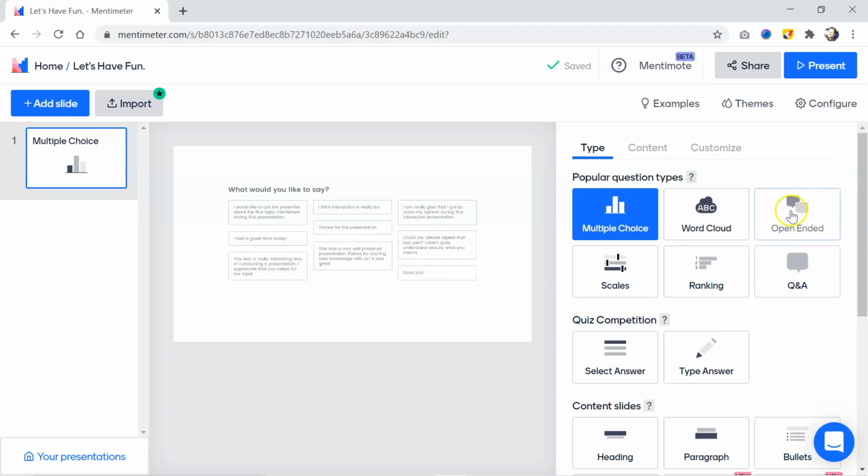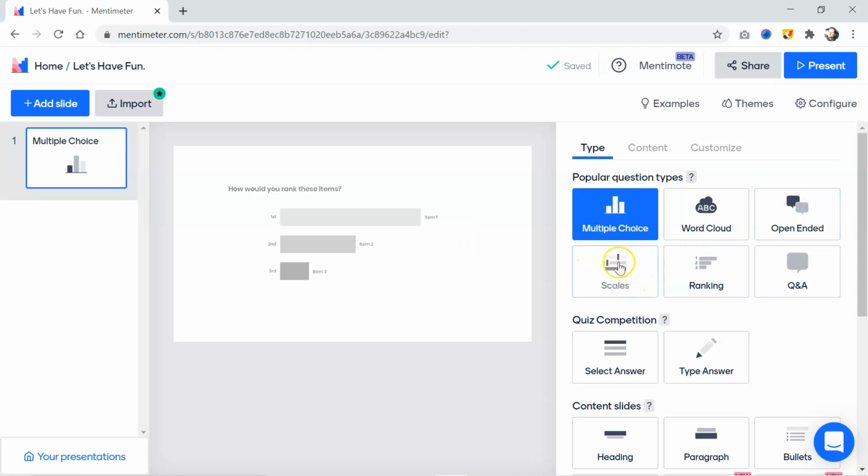You can ask open-ended questions to your audience, maybe with scales, maybe with ranking. You may give the options for your questions, or directly ask the questions and the audience will give the answer in words or sentences. Like this, I will go for the multiple choice question for now.